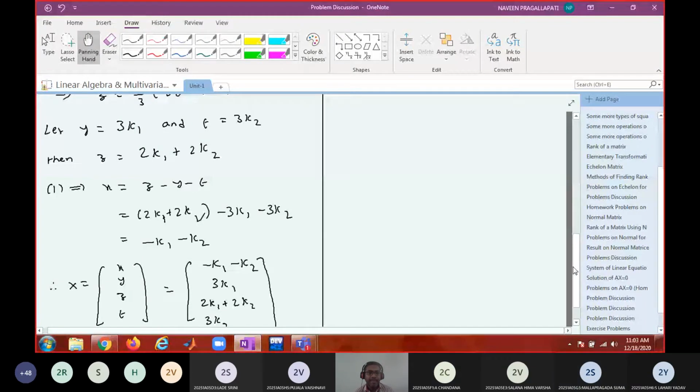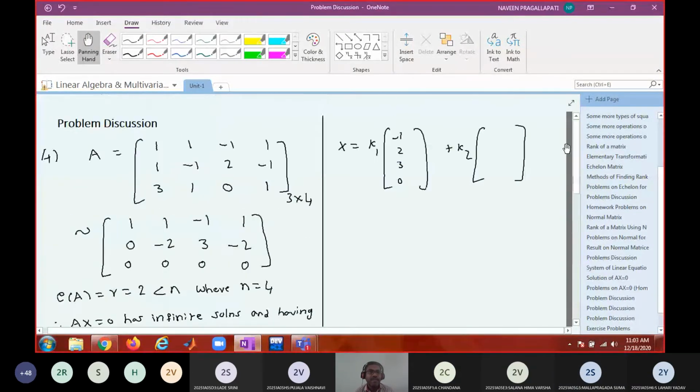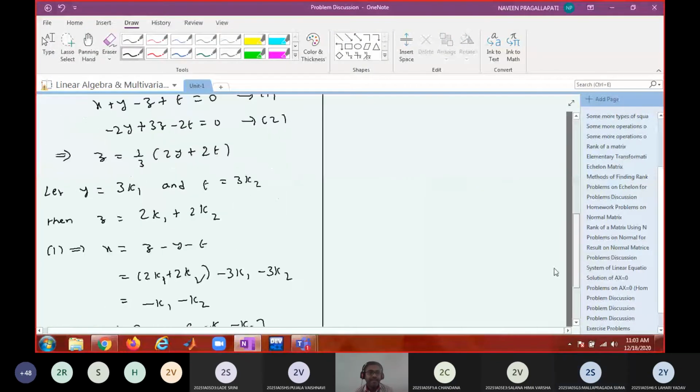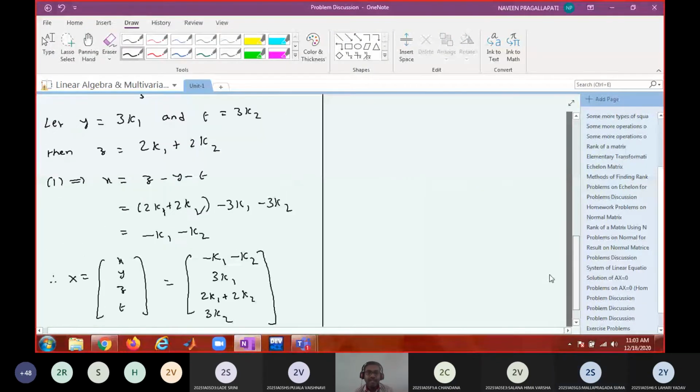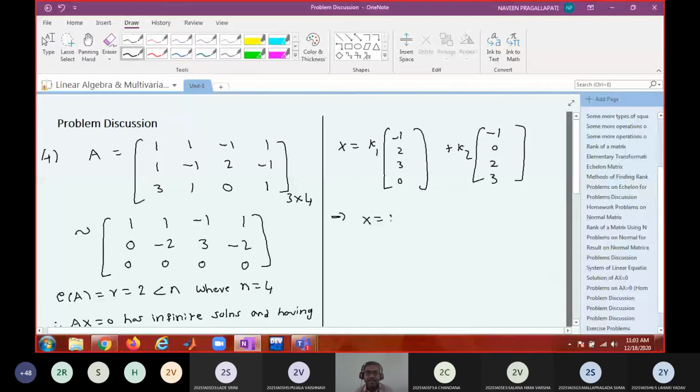Therefore, it is in the form x equal to k1 x1 plus k2 x2,